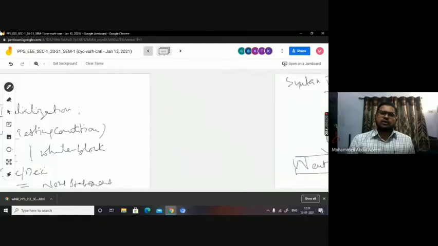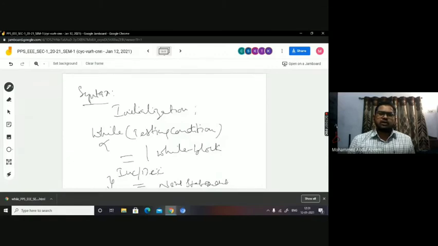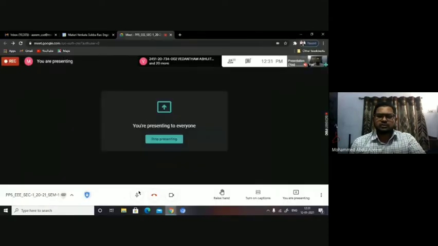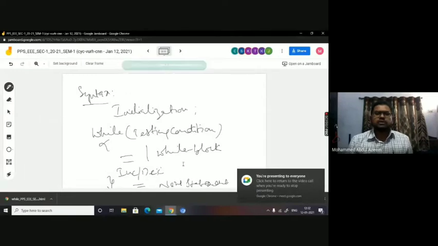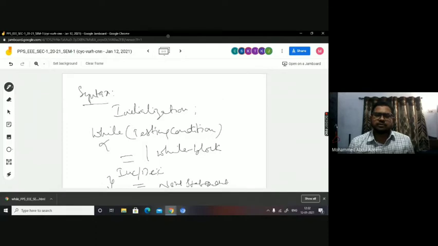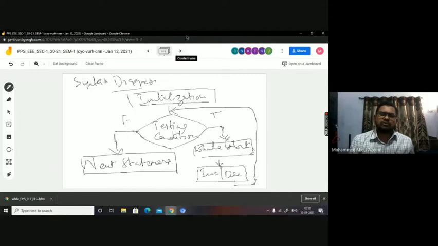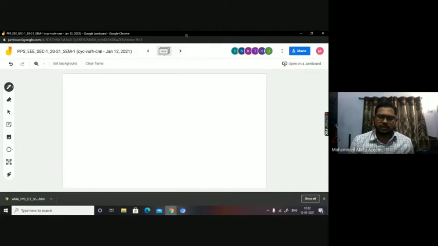But here, if you see, initialization and increment or decrement are optional. Condition testing is a must here. Without condition testing you cannot complete the while loop. So initialization and increment or decrement are optional, but condition testing must be there, without which the while loop will not be completed. Now all such programs which you have done before using for can all be done using while.